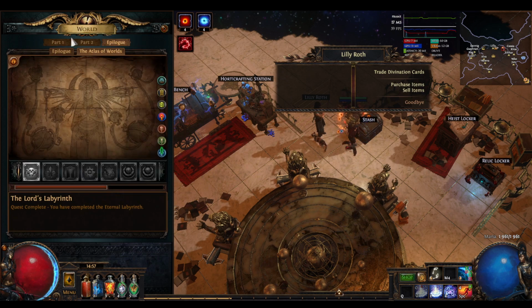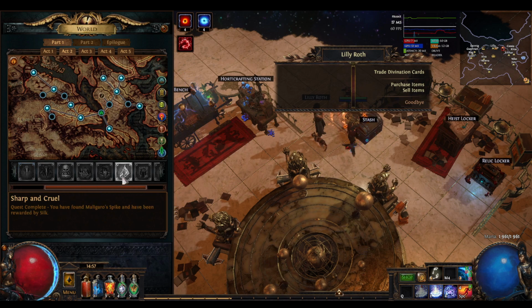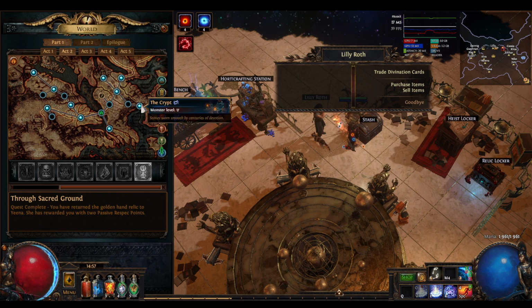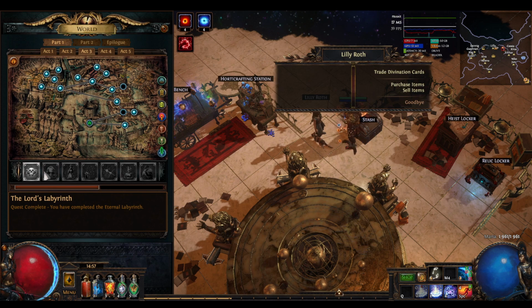Through Sacred Ground. Sacred Ground, I think this is in Act 2, isn't it? Yeah, it's the Golden Hand side quest in the Crypt level 2. So after you get your Life Trial in the Crypt level 1, you can go to level 2 and do this if you want. Fallen from Grace, I don't even...